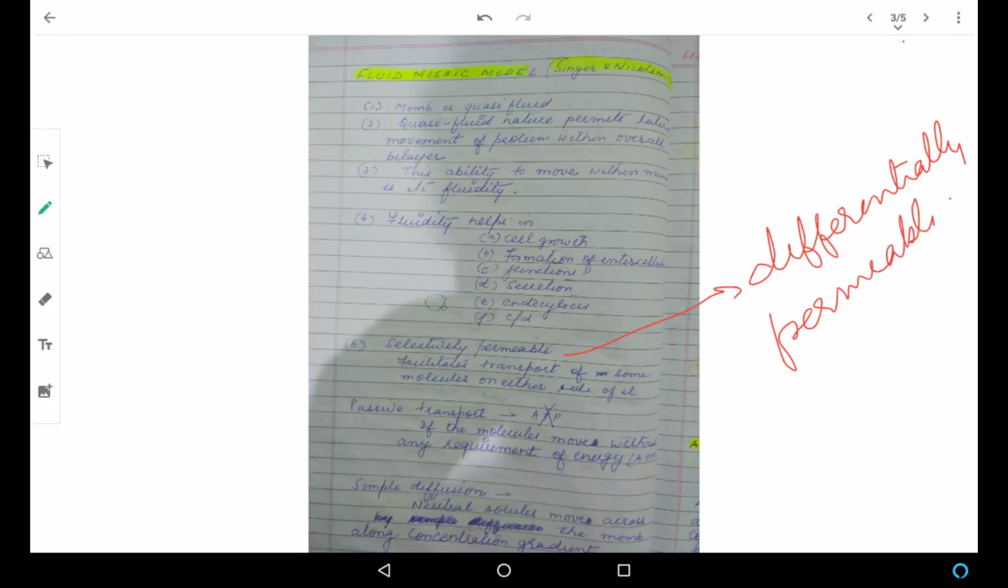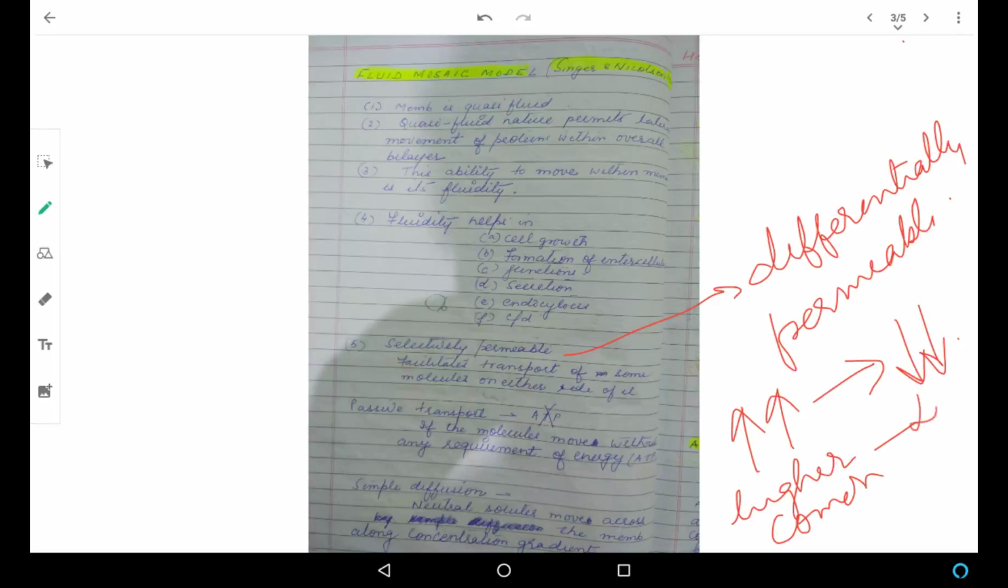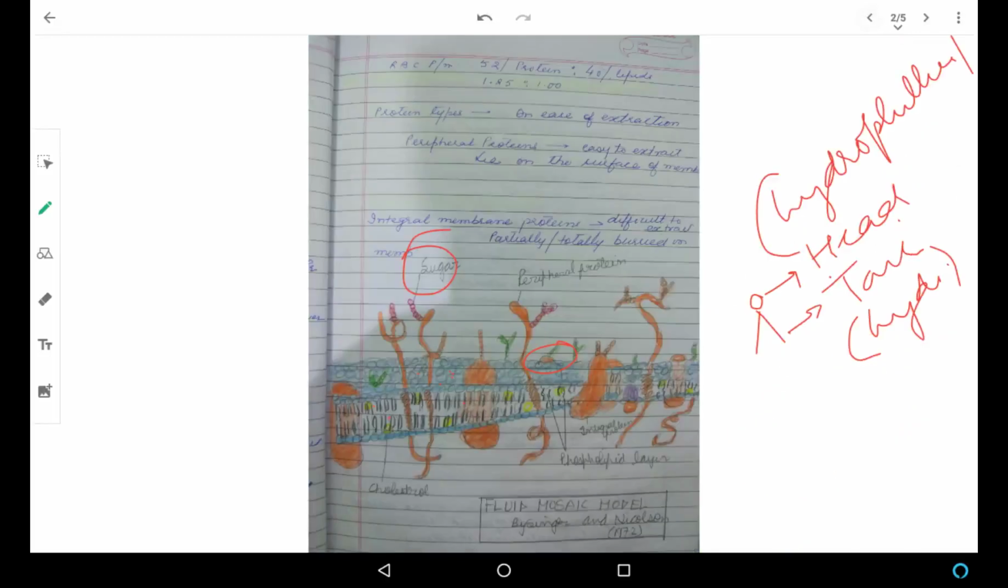Simple diffusion is the process of transport across the membrane in which neutral solute molecules move across the membrane along the concentration gradient. Along the concentration gradient means higher to lower. Movement would be caused from higher concentration to lower concentration. Okay, then